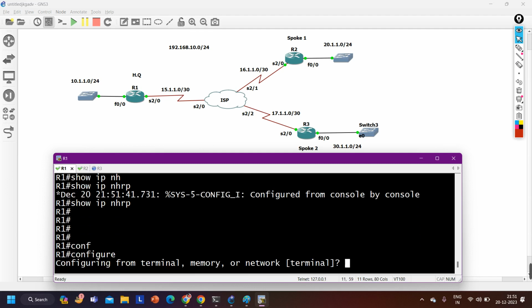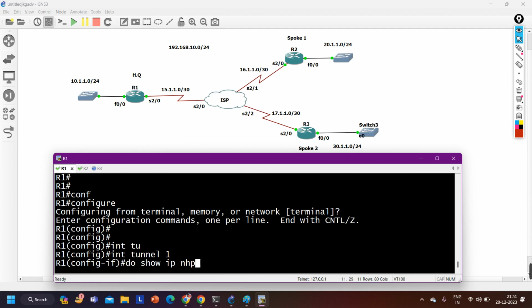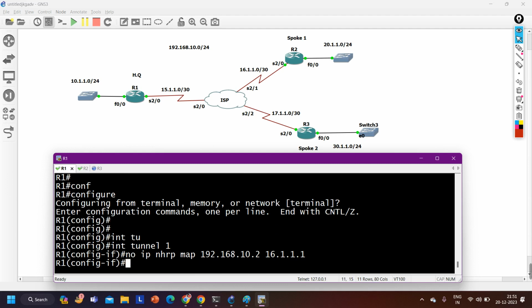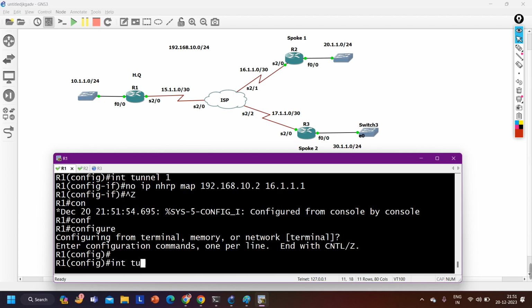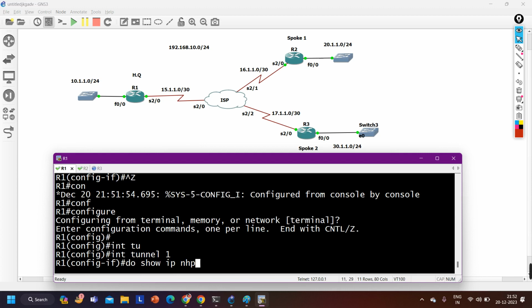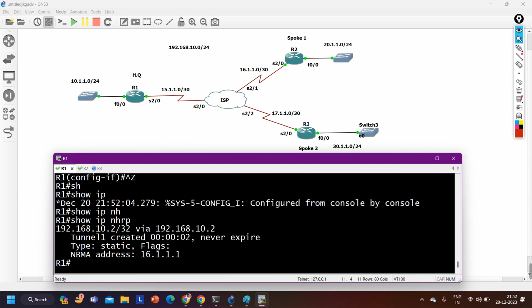Yes, we are not able to see any output here. Interface tunnel 1, and let me run this command. Sorry, interface tunnel 1. Show IP NHRP. Now you can see the NBMA address of